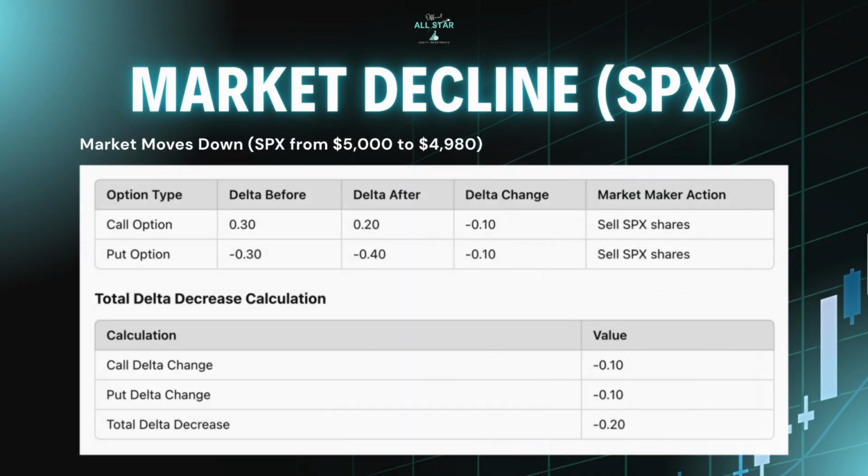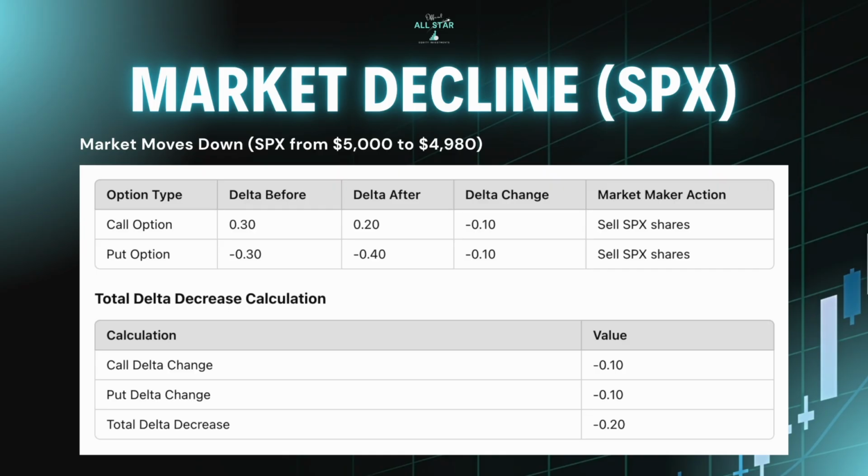Now to analyze the opposite, if the market moves down, suppose SPX drops from $5,000 to $4,980. The call options delta drops to a 0.2. The put options delta increases to a negative 0.4, and market makers, now needing to reduce their hedge, start to sell SPX shares. So the selling impact of this is that the call delta changed from a 0.2 minus